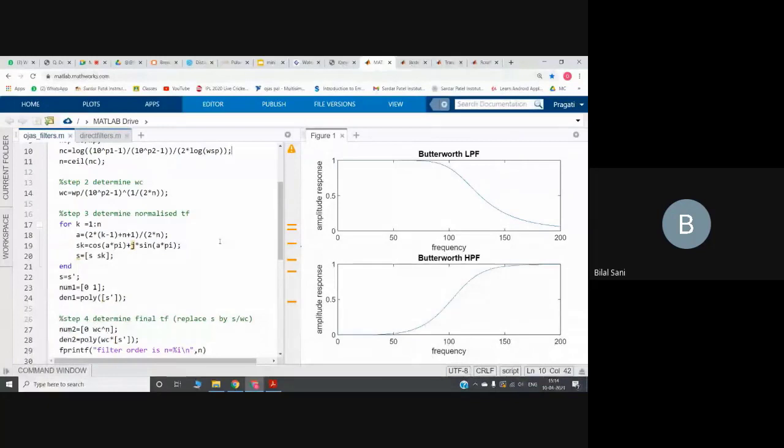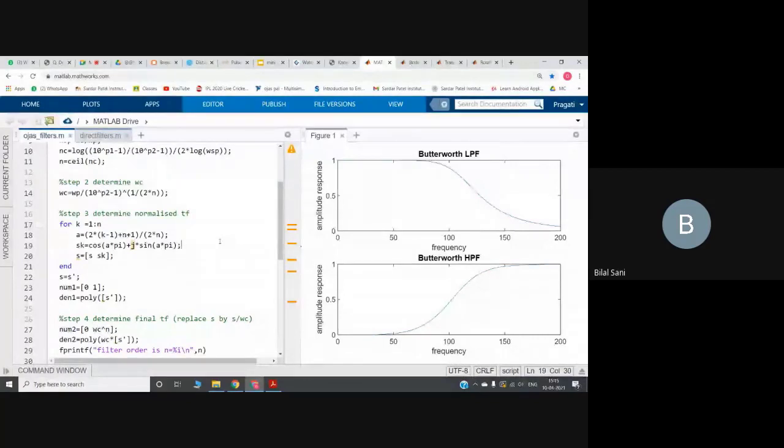So the poles, how will they be placed? There will be one on the real axis in the S plane, and the other ones will be complex conjugate pairs. That's why we are doing 1 to n, not 1 to 2n, because if we go 1 to n we will get 5 values, and in the same way we will know their pair values. So in the formula we again applied a loop from 1 to n, taking n as 5. I'll explain this in the formula below.